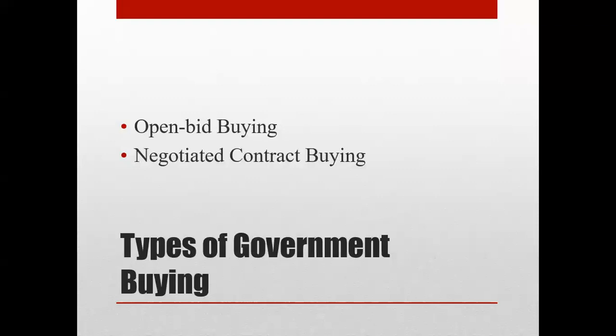The first one is open bid, which is a situation where they throw it open to everybody. That's usually when they want to buy something generic like paper or printers, things that you can just go to the market and pick up. But government cannot just go to the market and pick it up, because there's a laid down process for purchasing. So they will tell people, come and apply to supply us paper. In an open bid, anybody can apply, and the person with the best terms will be selected.